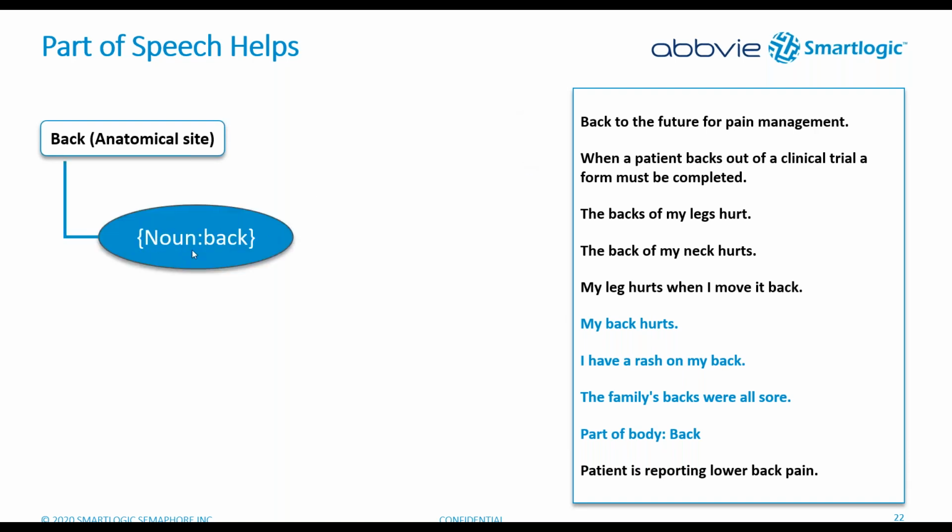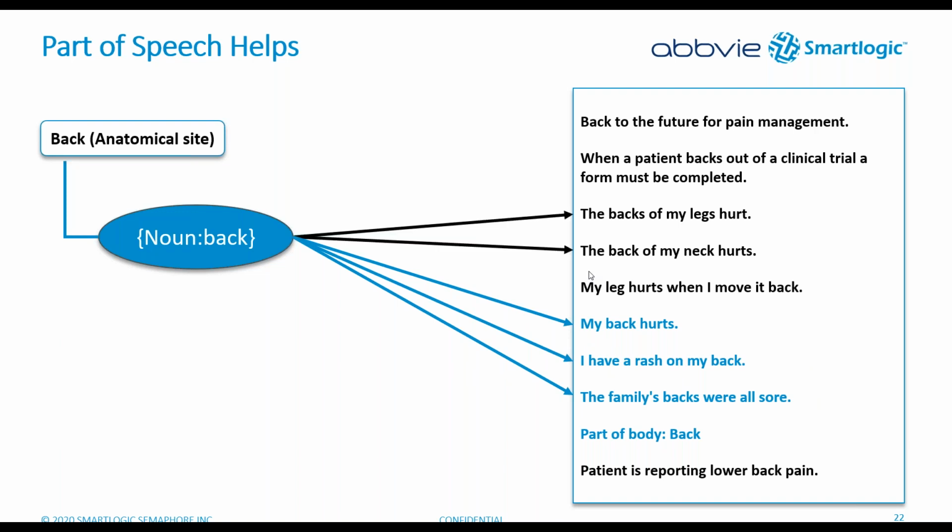So the first thing you could do is add a part of speech tag. And this is what you can do in Semaphore, because remember the pipeline, what the Semaphore rules get is a marked up set of text that has the part of speech and stems already identified. So you can say, okay, well, I want the back, but only as a noun. And that works partially. It finds these examples. My back hurts, I have a rash on my back. The family's backs were all sore. But you know what? It also finds the back of my legs, back of my neck, and it also does not find this. And I really like this example